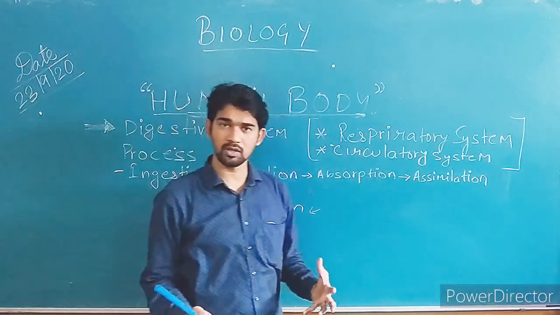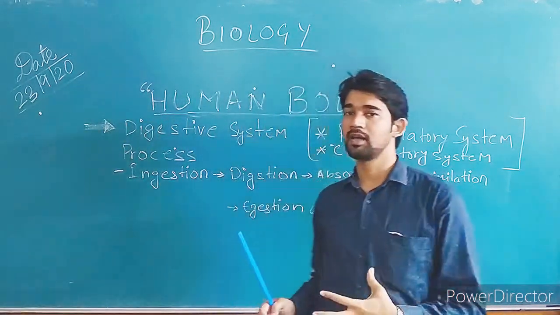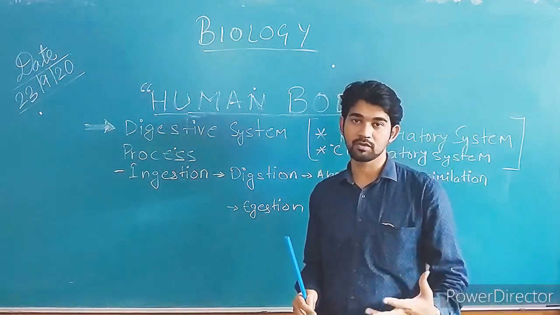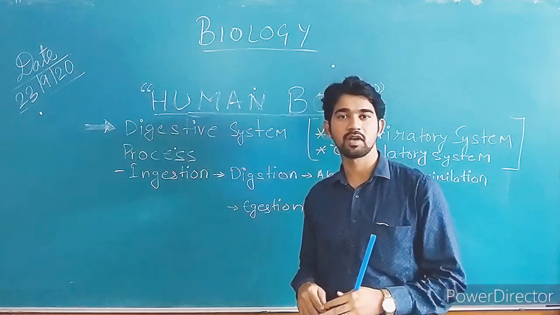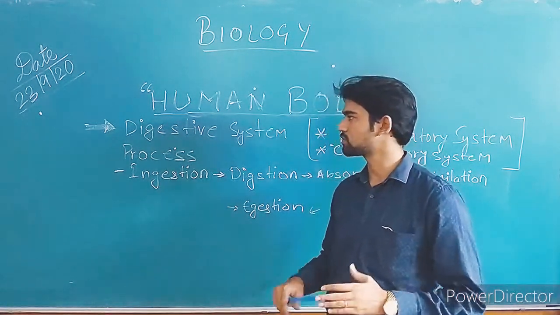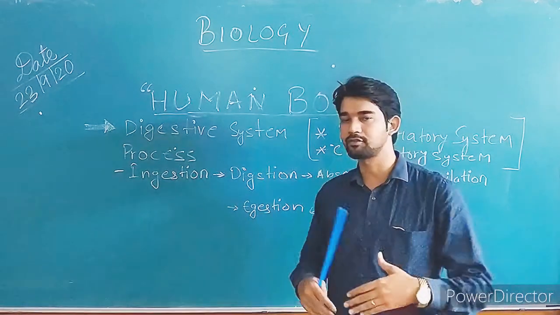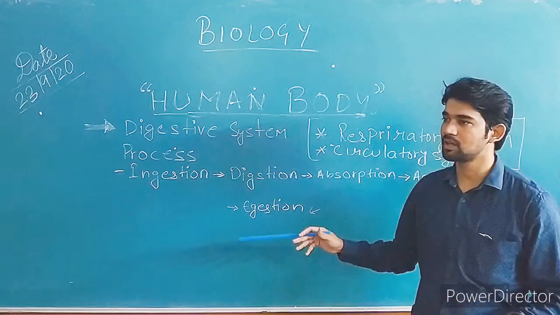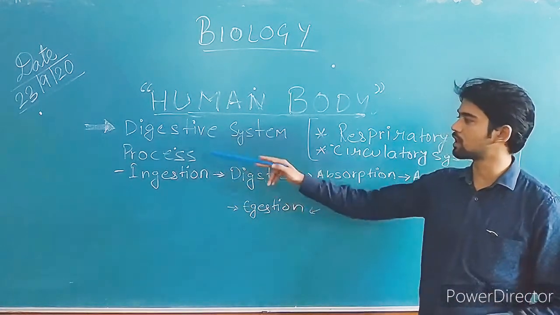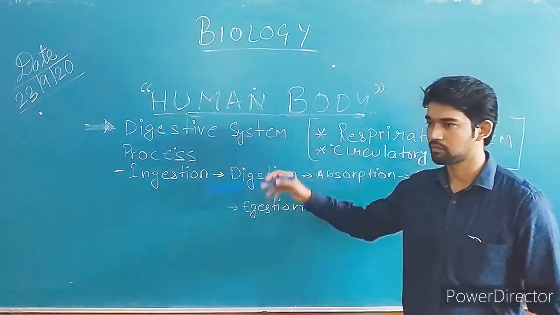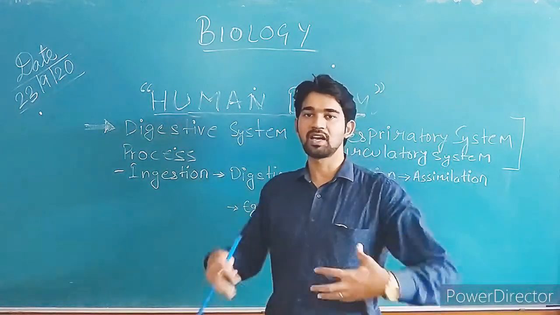In this unit, which we are going to start, come three chapters included in your syllabus, but we are going to look only at one, because this is going to come in your half term. So in a human body, the basic three systems are: number one, a digestive system, from which we digest